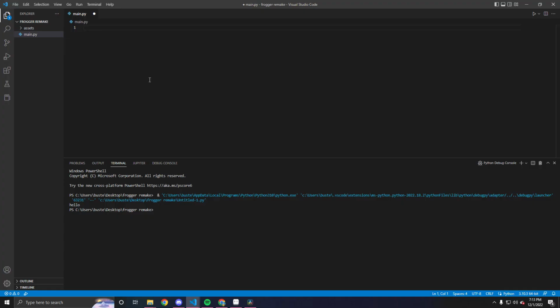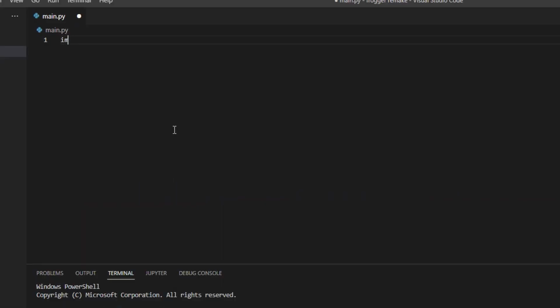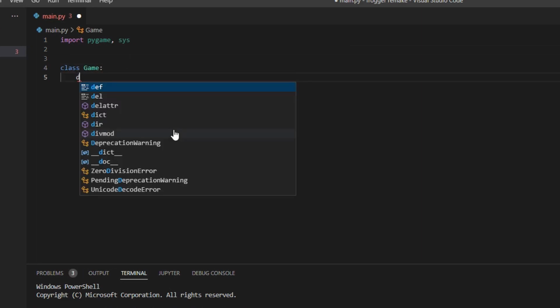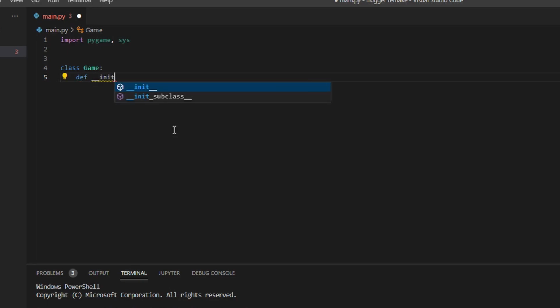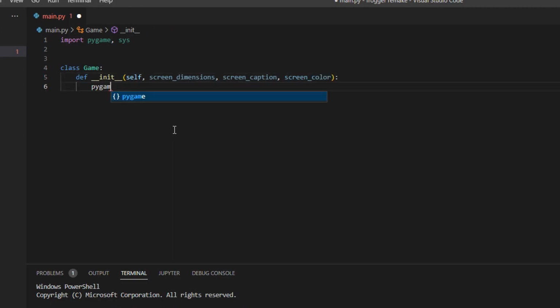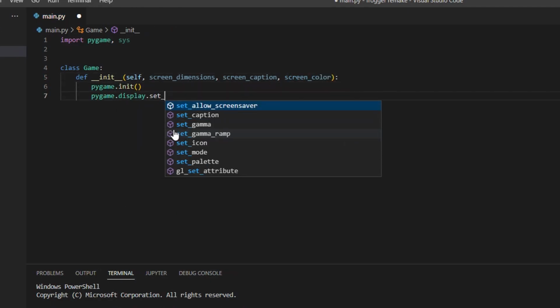Okay, so I'm going to be using Visual Studio Code to make this. You can use whatever code editor you're comfortable with. To start, we're going to make a game loop. So I'm going to need to import PyGame and sys, and then we're going to make a class called Game. In the initialization function, we're going to need the dimensions of the screen, the caption of the screen, and the color of the screen. First, we're going to initialize PyGame, and we're going to do